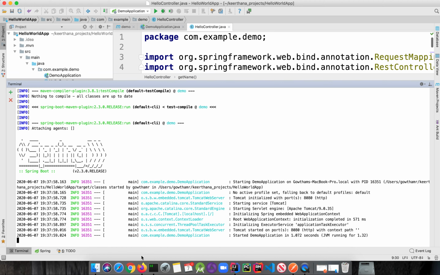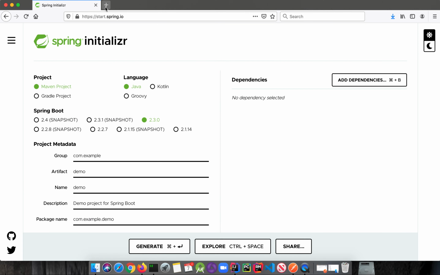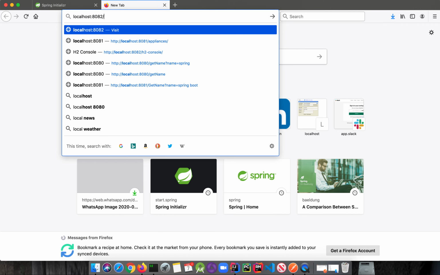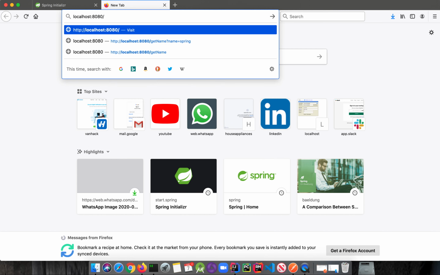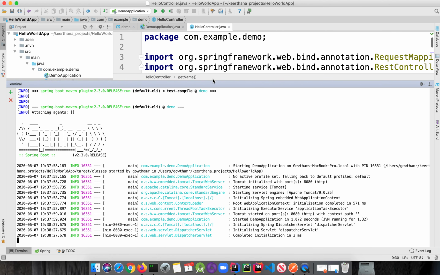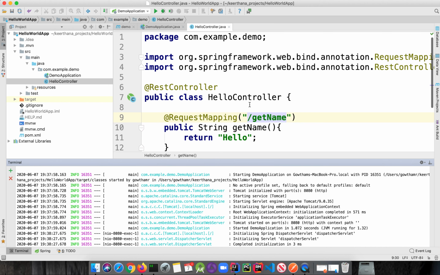Now let's see the output for this. Now I'm going to give localhost:8080/getName. That is all. So as you can see here, the message hello is displayed here. Now we'll go and see how to give a name along with your REST endpoint.